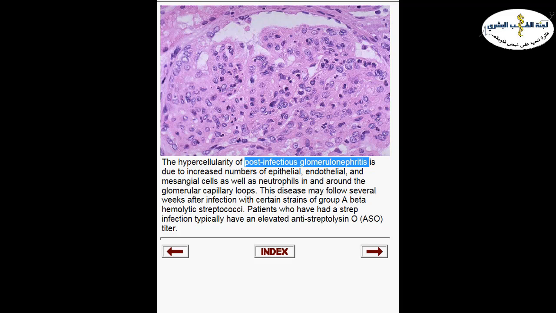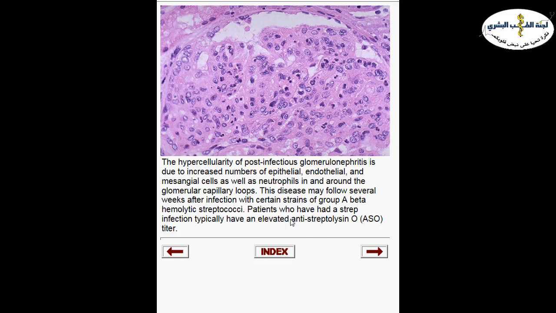It's an indirect process due to accumulation of antibody-antigen immune complexes, due to activation of our immune system. There is an antigen-antibody complex formation, and this becomes entrapped at the glomerular basement membrane. This entrapment leads to irritation of the glomerulus and hypercellularity, and it is the cause of nephritic syndrome in this patient. So that's why we call it post-infectious glomerulonephritis.